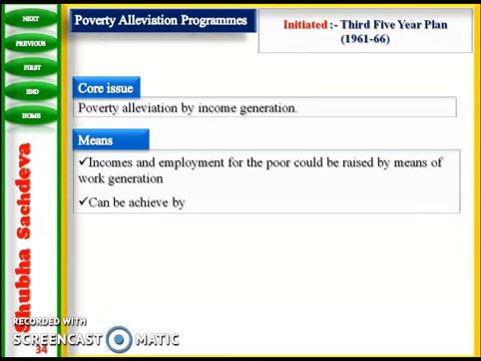No, government give them power to generate their work. When government gives the power to generate their work, government give them employment, government give them help. Although it may be the financial help also, financial assistance also in the form of loans with low interest rate, so that they can start up their new business, their new work, or they work under some person. So these are the means and can be achieved by